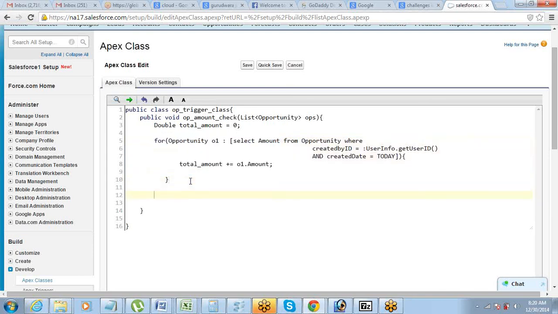Okay. Second thing that we are going to do is, second part of the record we are gonna consider OPS, the parameter which has been passed, which is actually the trigger.new, the current records. I need to sum them up as well. So first of all, I've done a sum of all the existing records. Now I get into the second for loop where I try to add the O2 amount to the total amount. Okay, so here again it's going to be a simple thing.